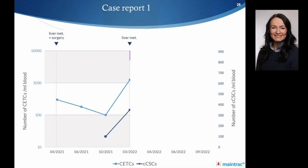In October 2021, the patient showed a slightly increased number of CETCs and very few tumor spheres. Clinically, she was in remission as well. Unfortunately, 5 months later, this is here the point, new lesion in liver was diagnosed, and Maintrac and StemTrac tests